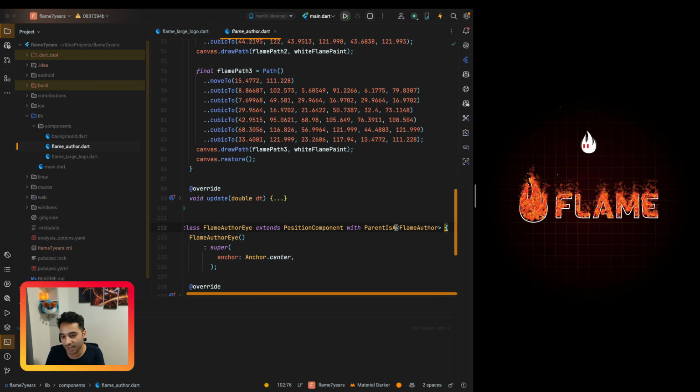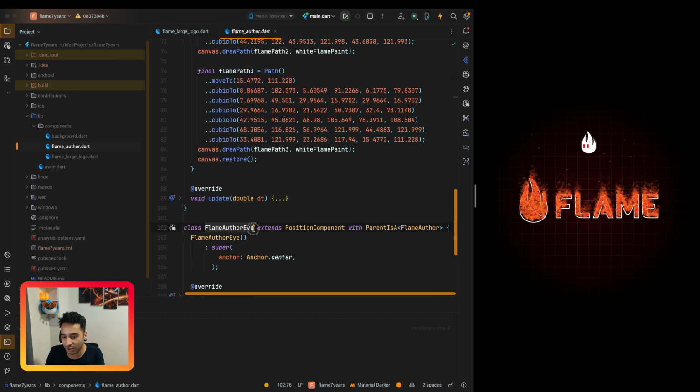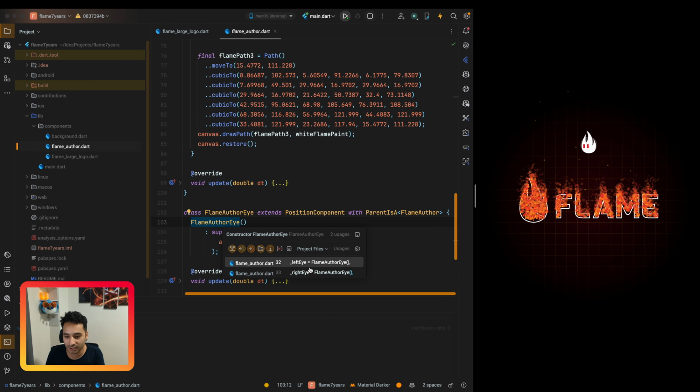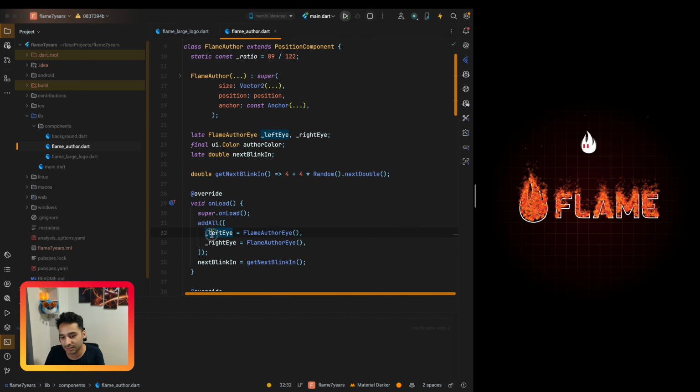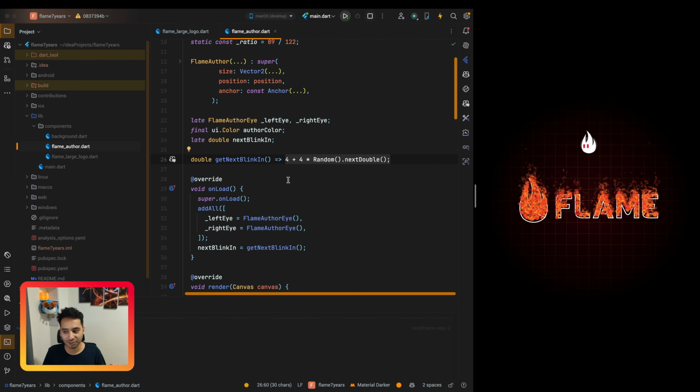And also I added the flame outer eye object, and we have 2 of them. When the flame outer loads, we just add the left eye and the right eye. And as you see, we have a next blink time, and it is a random number between 4 seconds and 8 seconds.